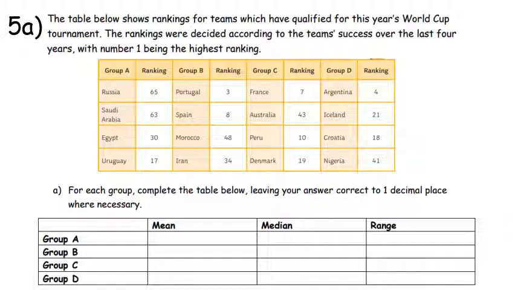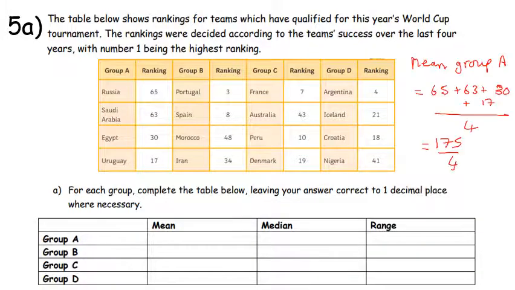So you're going to work out the mean for each group, the median for each group and the range for each group. So to work out the mean for each group, you're just going to add those 4 numbers in the column. So for example, group A, we're going to add 65, 63 and 30 and 17 and divide by 4. So for group A, I've just done some workings down the right. So the mean for group A is what I just said. You get 175 over 4. You've been asked to give your answers to 1 decimal place. So you should end up with an answer of 43.8,